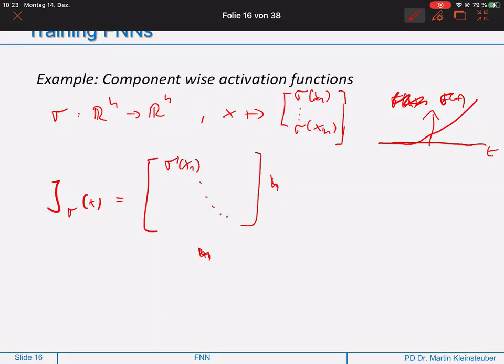So what you have is a diagonal matrix consisting of the derivative with each individual component inside. So this is the diagonal matrix here. Okay, because the individual components of this function only depend on one component of the vector, one input component. Yes. So a little bit more tricky and interesting is